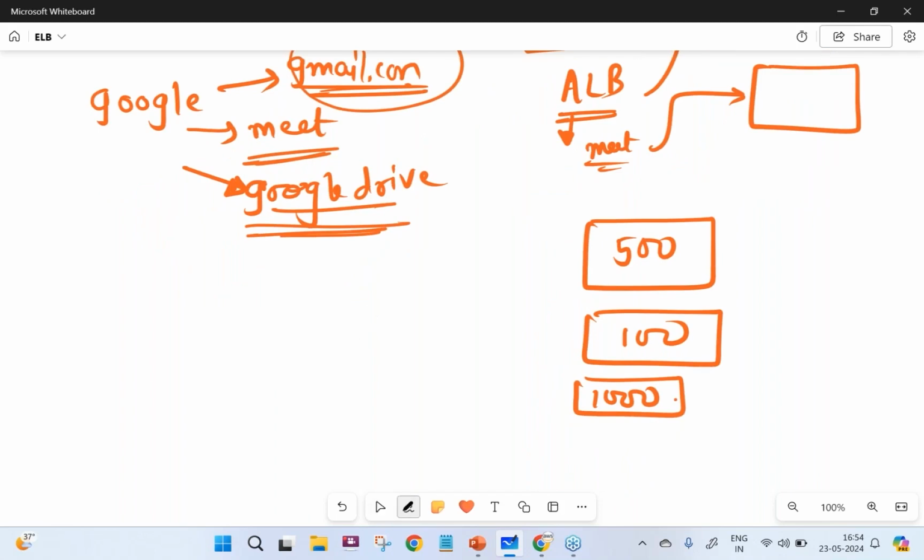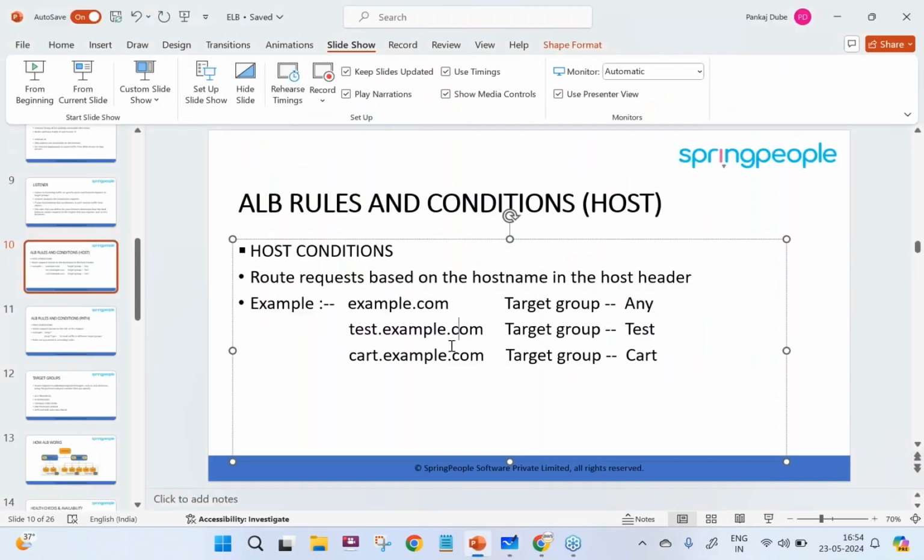So if the request is for gmail.com, it will be redirected to a target group, which I will name target group Gmail, because there are 500 servers which serve the requests for the gmail.com application. Okay, so that is host-based routing.